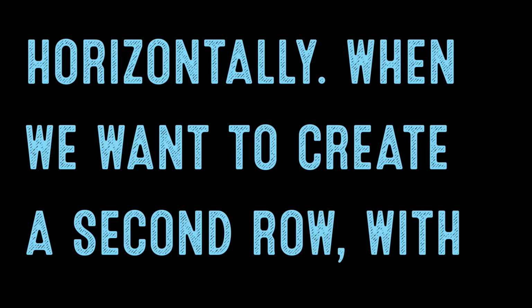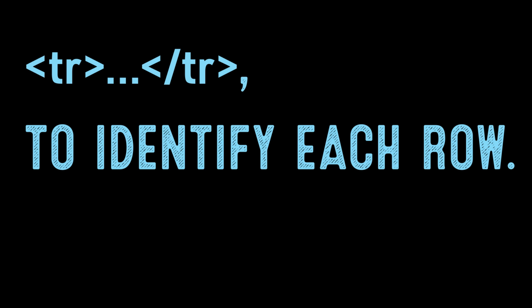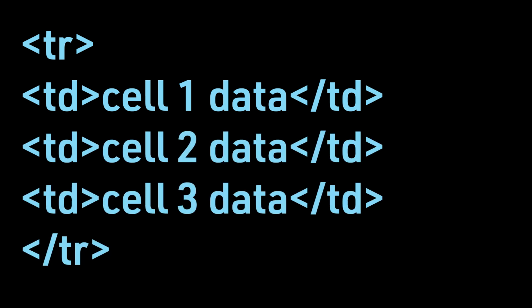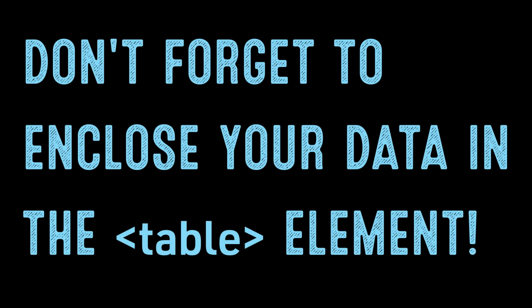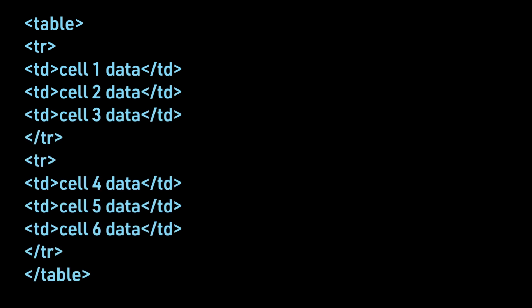When we want to create a second row with another 3 data cells, we will use the table row element TR opening tag and /TR closing tag to identify each row. It will look like this. Don't forget to enclose your data in the table element. Would display as